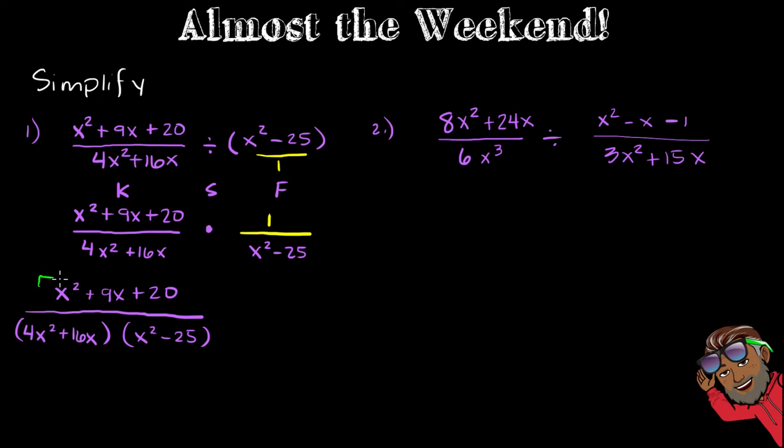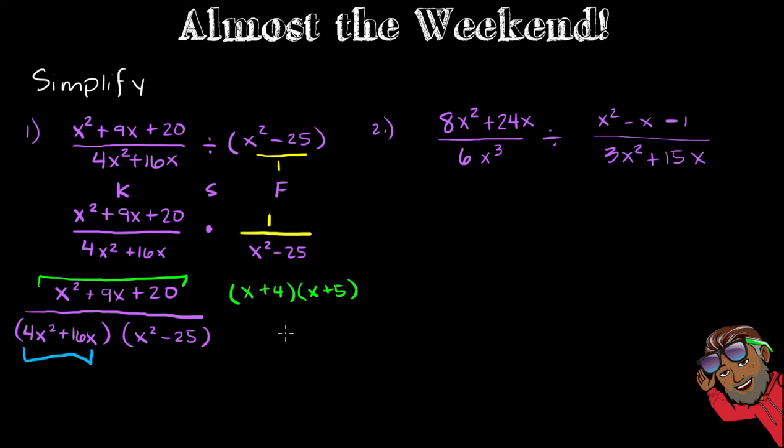Now would be a good time to probably start color coding some things. So I'm going to use that guy in green, and I'm going to start factoring. When I factor this, I need to think of factors of 20: 2 and 10, 1 and 20, 4 and 5. And the reason I say add is because there's a plus sign, the only one that can add up to 9 is 4 and 5. So we're going to factor this into x plus 4 and x plus 5. So we have x plus 4, x plus 5 on the top